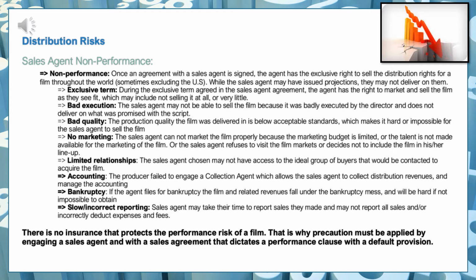The situation is also that you're going to have an exclusive term that you give the sales agent, which means that during that time they can kind of do with the movie whatever they want. So if you don't have a performance clause in there that states we're going to realize this percentage of the sales estimates by that time and this percentage by that time, so if you don't have defined default clauses connected with the sales estimates and timing by which they have to be realized, then it could very well be, because the sales agent has an exclusive term, that they literally don't have to sell anything during that entire time.